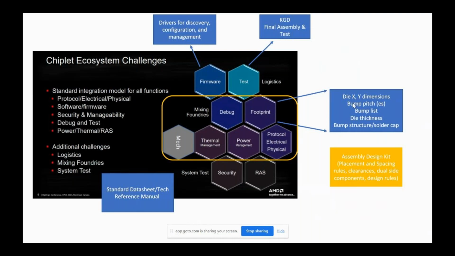Correct. The companies have whatever their process is to generate the data sheet, right? But for example, IBIS is a standard for signal integrity simulations of IO drivers. Companies have methodologies where they characterize it in SPICE, and then they have tools to translate that into IBIS, and then they release that IBIS.